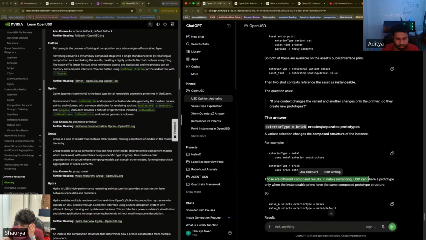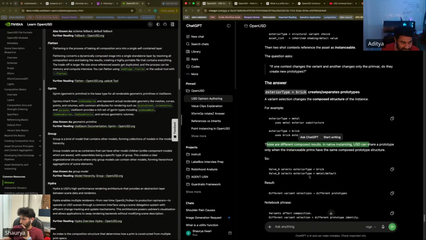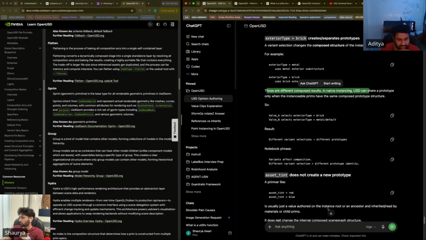USD can share a prototype only when the instanceable prims have the same composed prototype structure. So shot A selects exterior type brick, shot B selects exterior type metal. These are different variant selections, different prototypes. Notebook phrase: variant affects composition, different variant selection, different prototype identity.